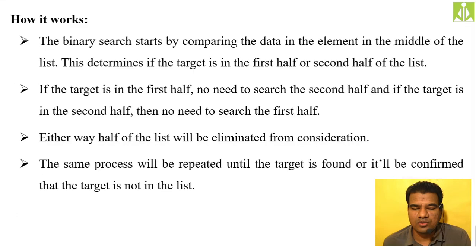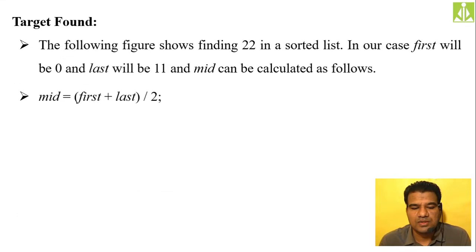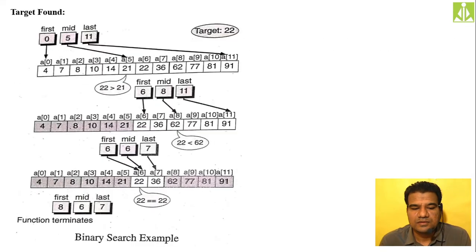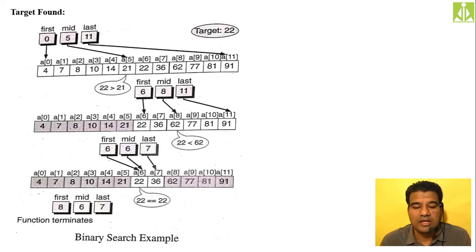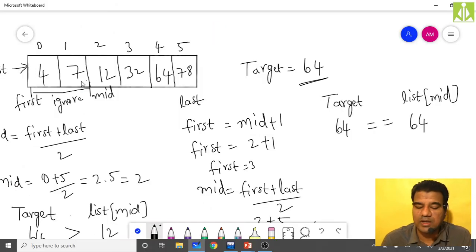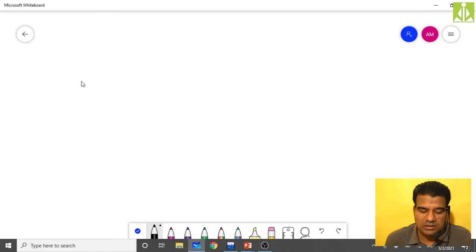Okay, quickly go to your PPT. So here we have this particular list. How many elements? Around 12 elements we have in that list, isn't it? So is it okay to take that 12 elements on the whiteboard? We'll see. So 4, 7, 8. I will not take that array. Simply I will write the elements.